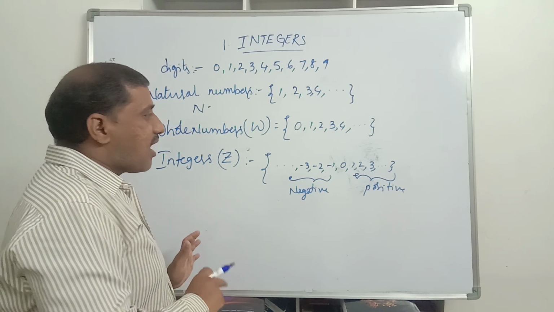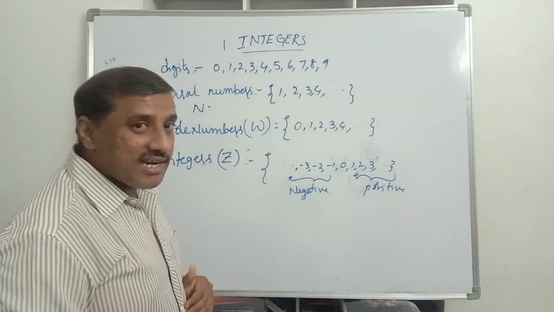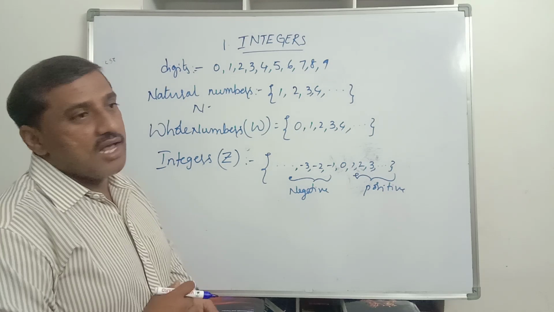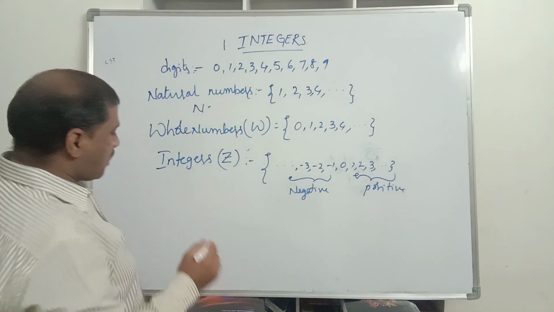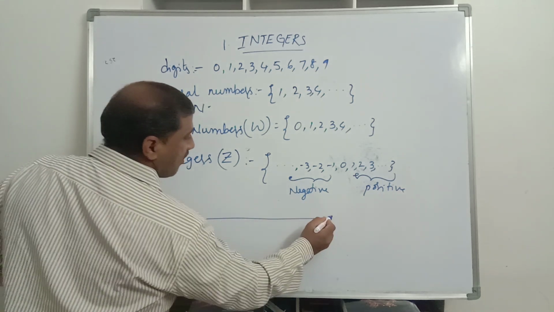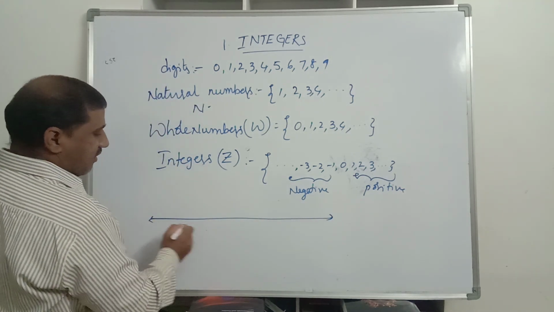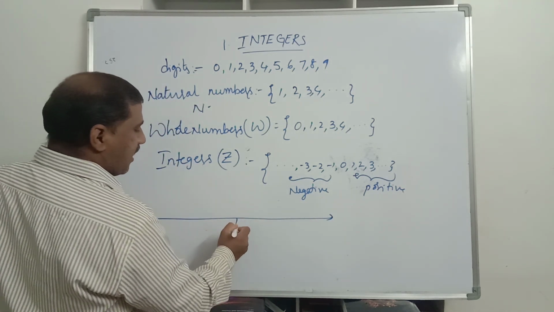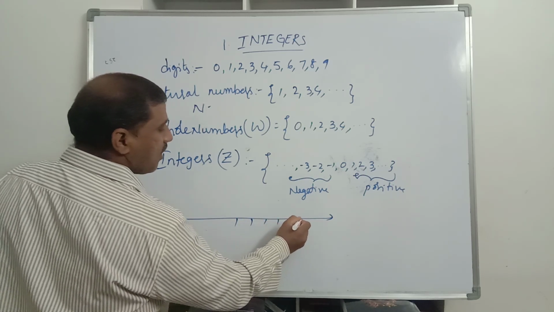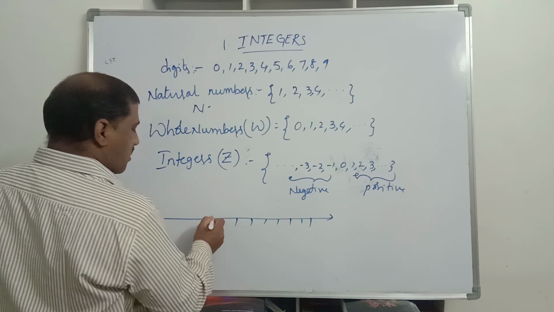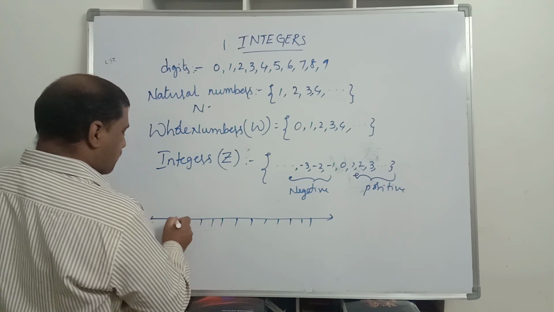Which is the highest or the greatest negative integer? It is -1. So now, how do we represent these integers on the number line? We draw a straight line and divide it into equal parts, at equal distances, like this. First we represent 0, then the right side of 0 will represent positive integers.